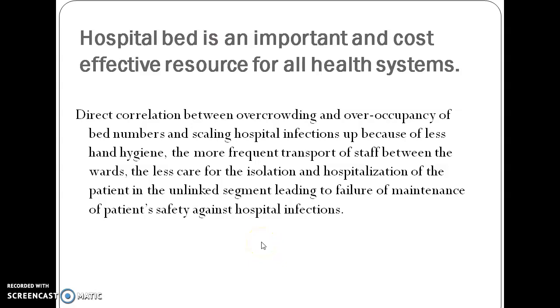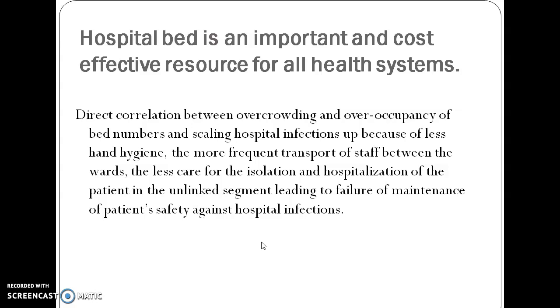Okay, so continuing with the bed occupancy rate. A hospital bed is an important and cost-effective resource for all health systems. There is a direct correlation between overcrowding and over-occupancy of beds and the scaling up of hospital infections, because of less hand hygiene, more frequent transport of staff between the wards, and less care for the isolation and hospitalization of patients in the unlinked segment, leading to the failure of maintenance of patient